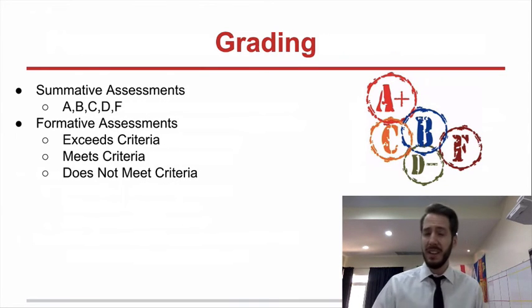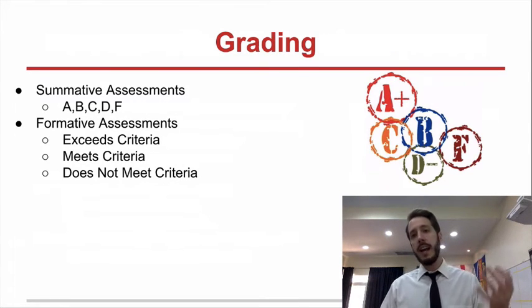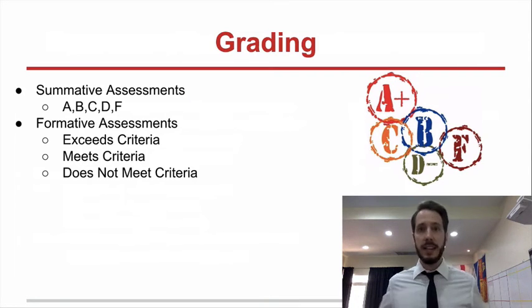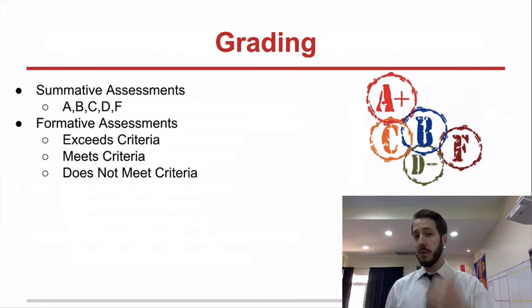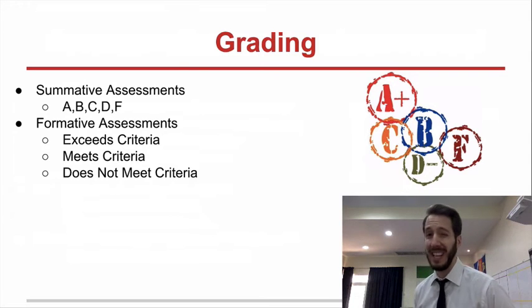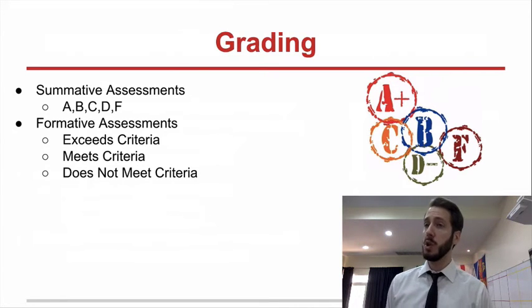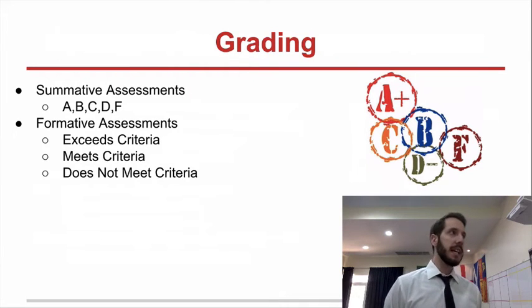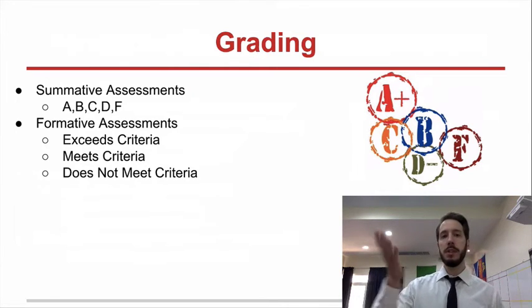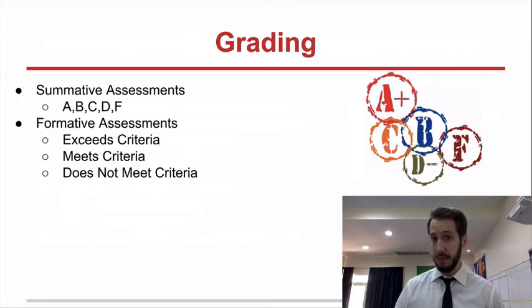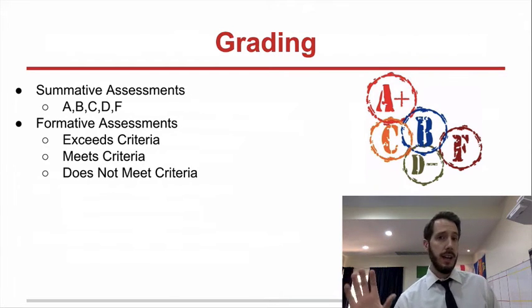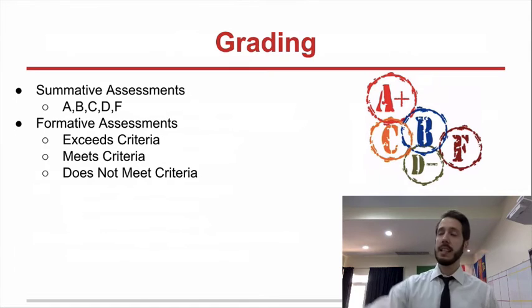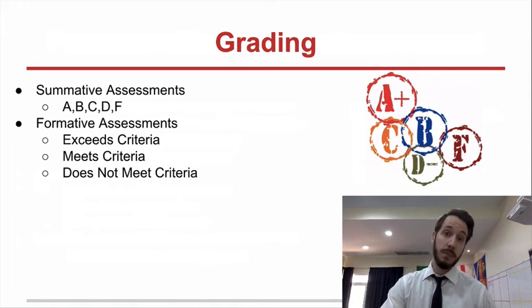Now, how are things graded in this course? Summative assessments are graded as an A, B, C, D, or F. Straight. No pluses or minuses. This comes from the leading educational theorist in grading theory, Thomas Guskey, in his book On Your Mark. I do not use pluses or minuses because I want to be as accurate as humanly possible, and I'm following educational theory. Formative assessments are either given an exceeds, meets, or does not meet the criteria that I'm assessing. If you do not like how you're assessed, you can resubmit that and I'll reassess it.